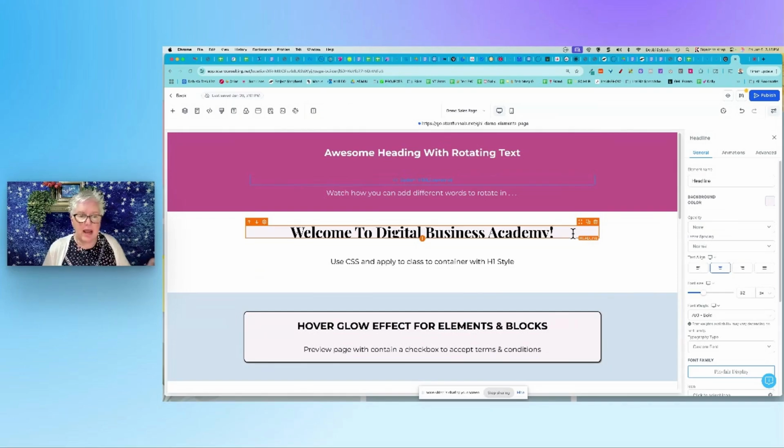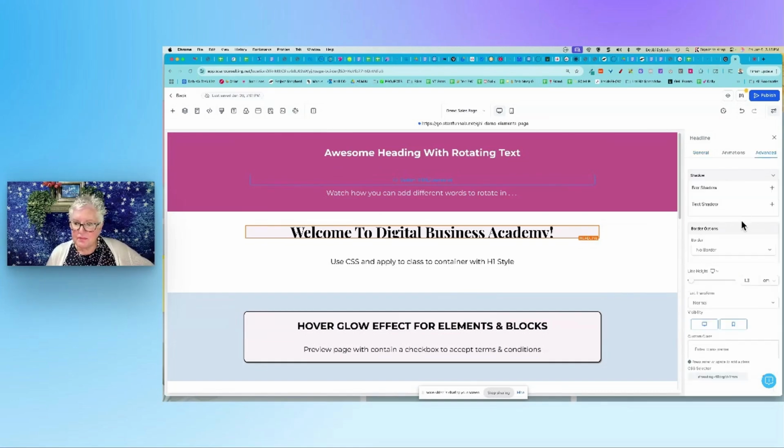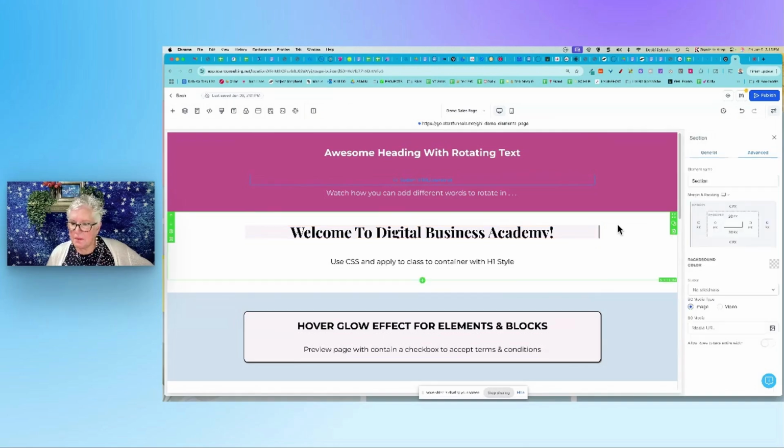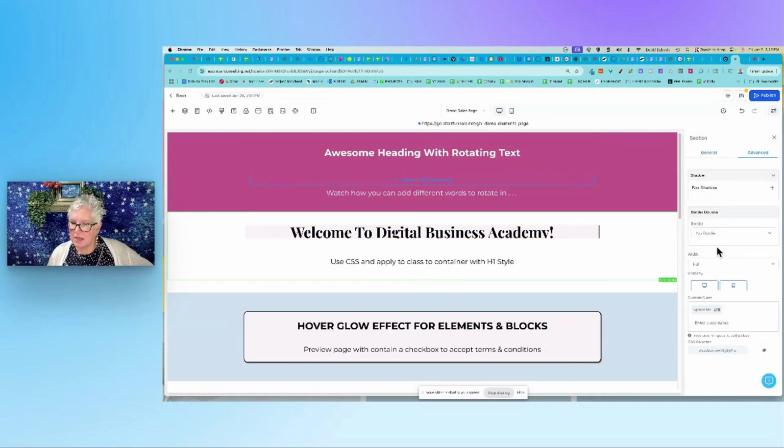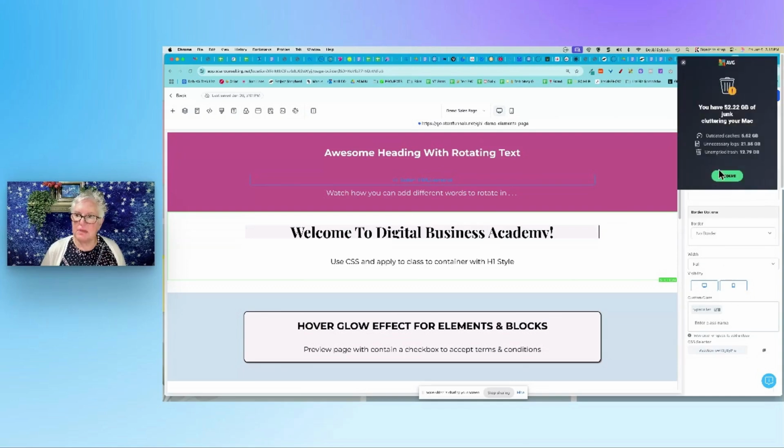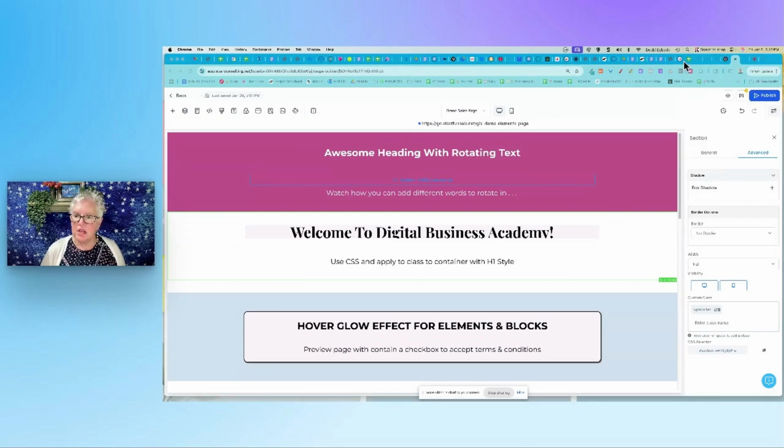Okay, so how did I get that to show up? Over here on the right, if I click on advanced, let's see here, it's in here someplace, there it is, on the section. So anything in this section, if I apply an H1, notice down here, there's a custom class called Typewriter. So any place that I want to use this effect, I just type in the word typewriter